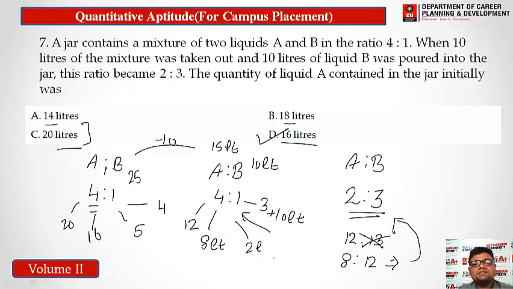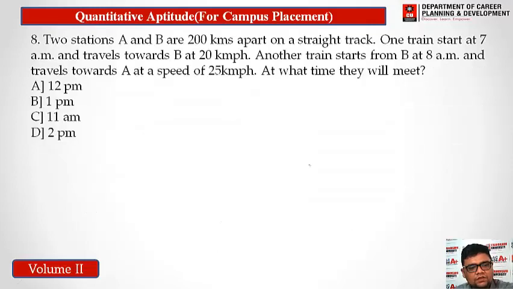Here we have taken a multiple of 4 because we have a ratio, and we have to multiply it by a common factor so that we can get our answer. That's why we have taken an option which is a multiple of 4 only, as A has 4 parts. So our correct answer is option D. Now let us see the next question.